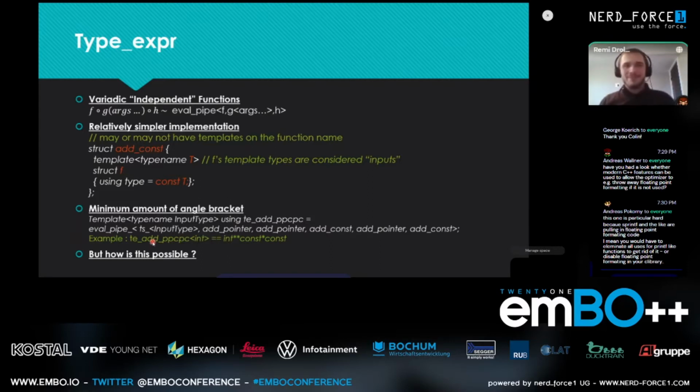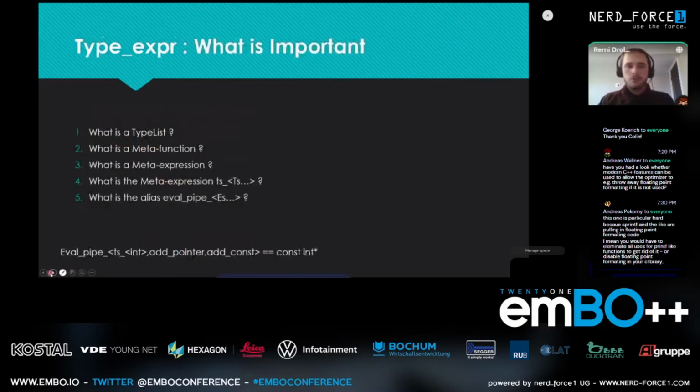But how is it possible? Okay, so you need to understand a few things, not much, just what I'm referring to when I call what is a meta function, what is a meta expression, what is TS that I said I want to explain, and then this thing that is eval pipe, because it doesn't take a Ts but Es, E's expression basically. So